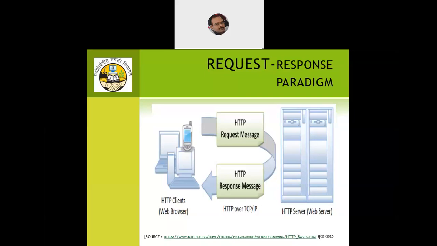Then above the IP address, we have the port numbers. A port number is a logical entity, just like the IP address is a logical entity. The MAC address was 48 bits wide, the IP address is 32 bits wide, and reducing again, port numbers are 16-bit numbers. So the maximum number of ports possible is 2 raised to the power 16, that means 0 to 65535. That's the maximum number of ports possible.